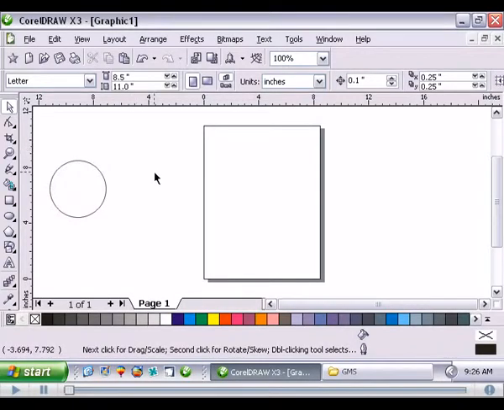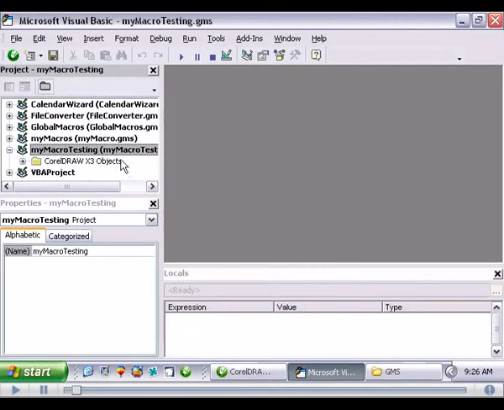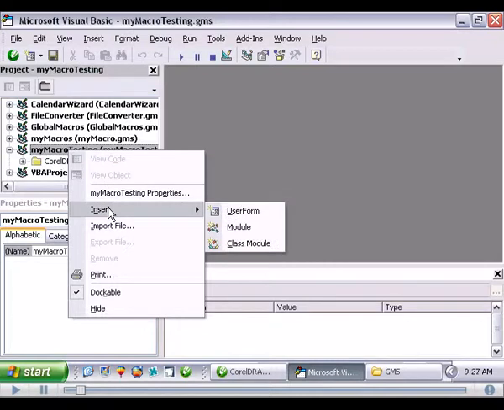Hi everybody. Today we're going to make a very simple macro that puts a square around an object. So I made a little circle here. I'm going to hit Alt F11 on my keyboard to bring up the Visual Basic Editor. I'm going to right click on this GMS file that I created earlier, and I'm going to insert a new